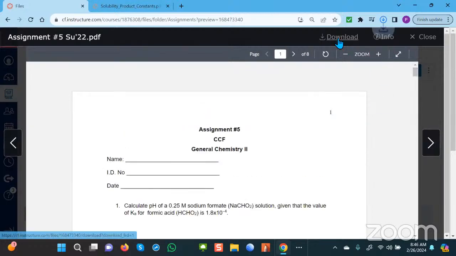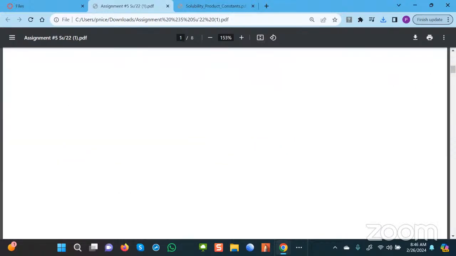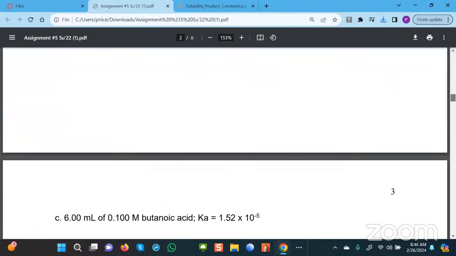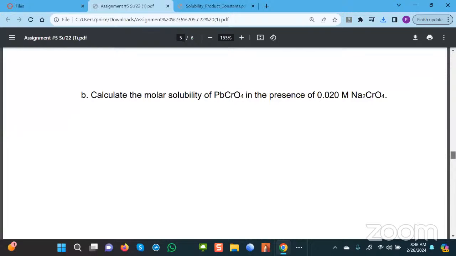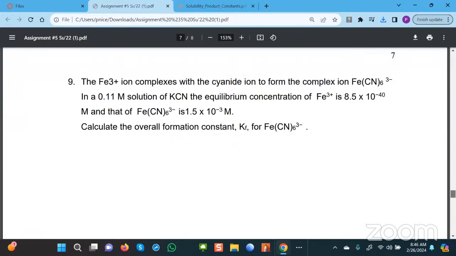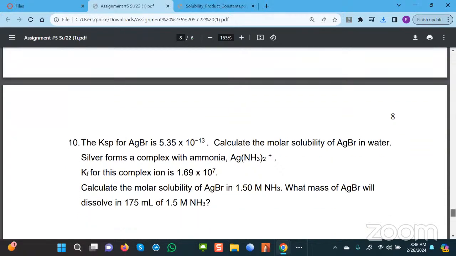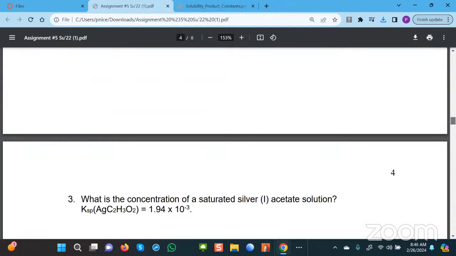Let me see here. So I added, okay, so I added question number 9 and 10, right? So please make a note of that. So let me scroll up to,